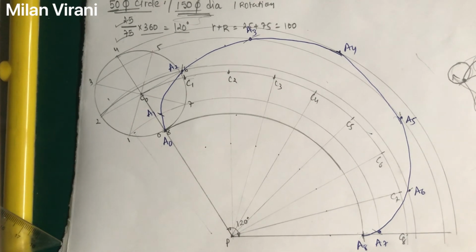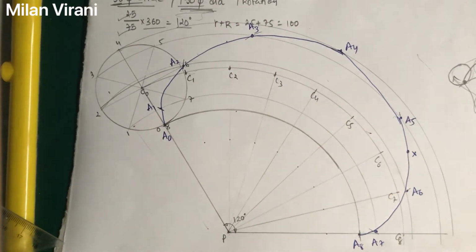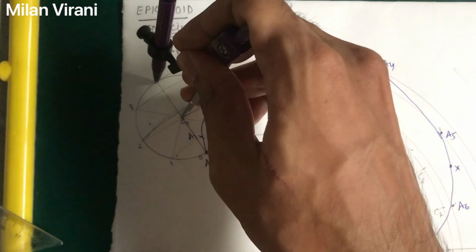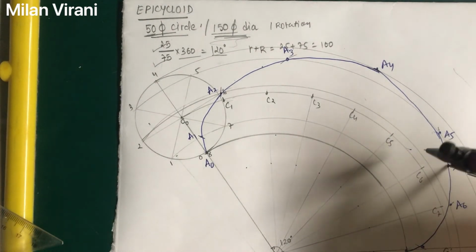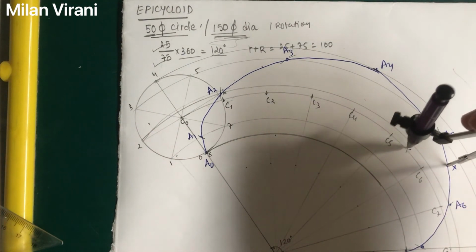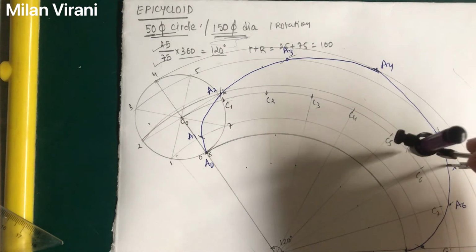Now let us draw the tangent and normal at any point of the curve. Let's say I want to draw at this point X. First we will keep the radius the same as the radius of the circle. So this one is the radius of the circle. With point X, draw an arc on a center. The center is possible on two sides, over here and this side, so we will draw on the increasing side. So at this side